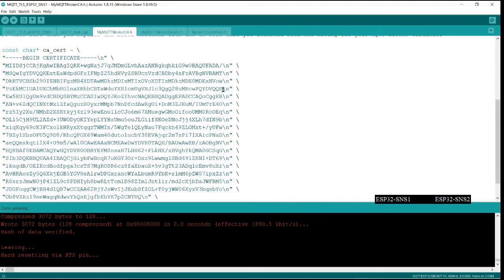Even one byte change could make your code fail, because this certificate will not be verified by the broker and the broker will not allow this device to connect. So finally you will not be able to connect to the broker running on HiveMQ if you make any mistake in doing this conversion.